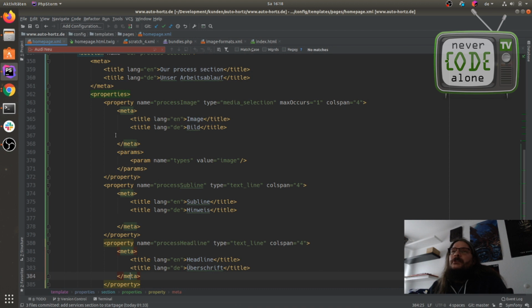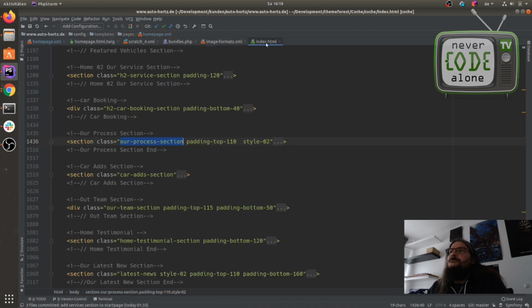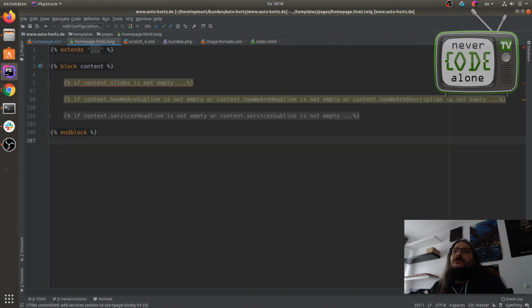We will check the template now and copy this process selection. And we go to our HTML template here, our Twig template. And you see here there are the 3 selections.